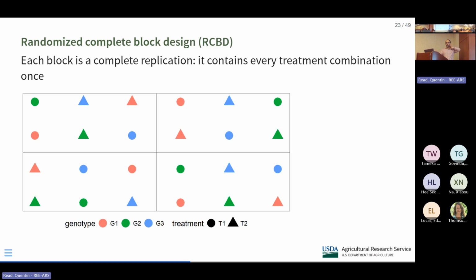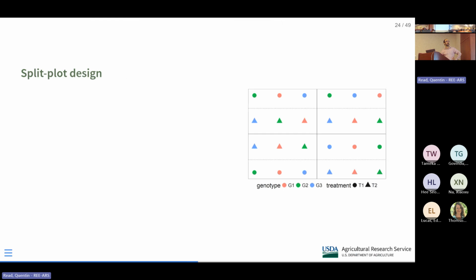So yeah, that would be where the RCBD, randomized complete block design, comes in. Basically, this is the simplest form of block design. Each block is a complete replication containing every treatment combination once. Like the school example, you might have, at school A, we're going to give one classroom the old method and one classroom the new method, and do the same at school B. Each school has a complete replication of all the treatments that are in the experiment. It could have multiple replications, but the simplest RCBD is each block contains all the combinations.